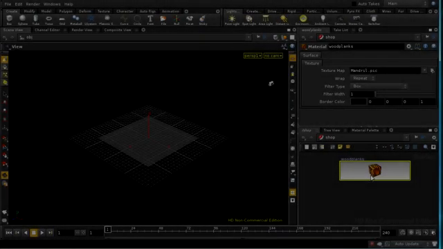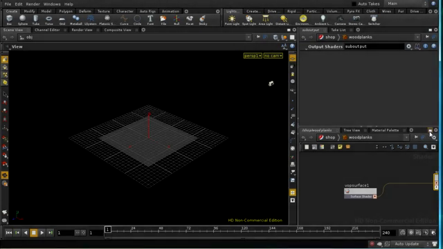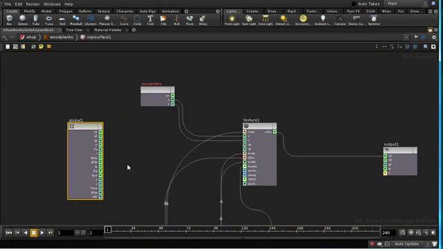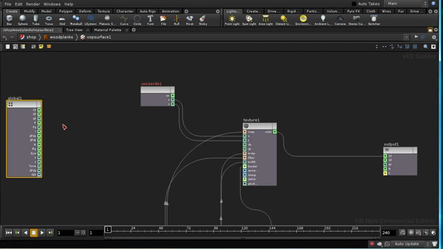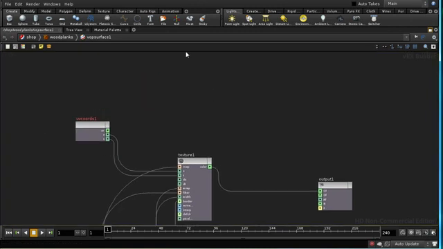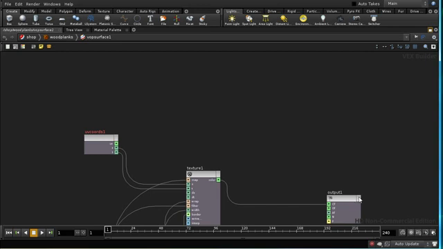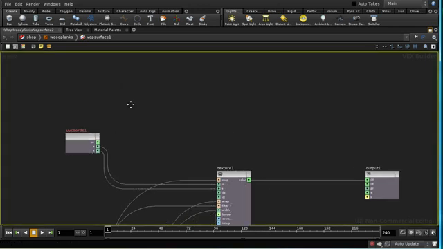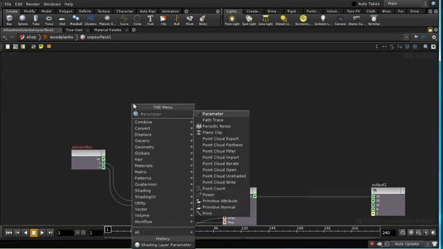So let's build the next step in our shader. I'm going to ignore the texture that we've laid down for the moment, and we're going to try and put a border around the object. And we're going to do this by creating a parameter